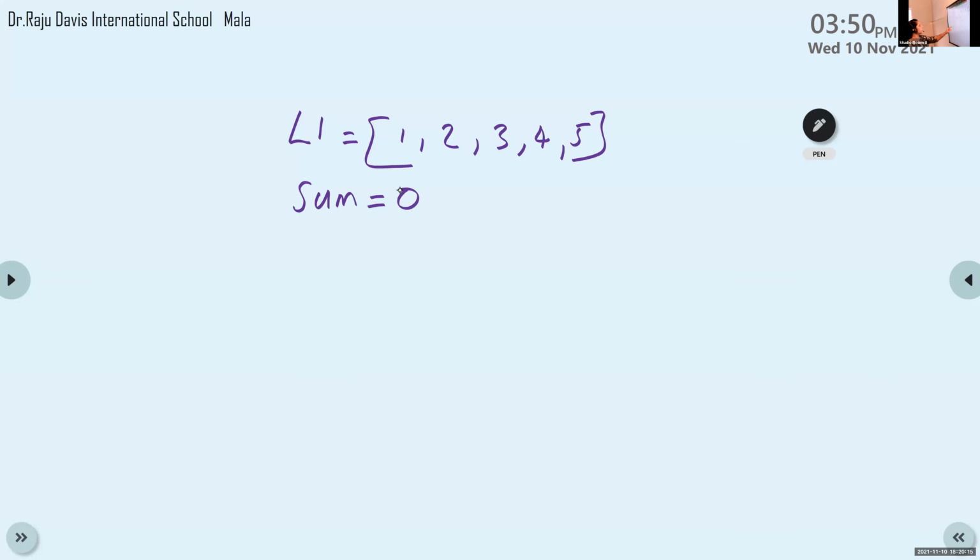I am storing the result in this variable, that is sum. If there is any previous value, for erasing that value we are using this statement. Initialize this sum variable with a new value, that is 0.